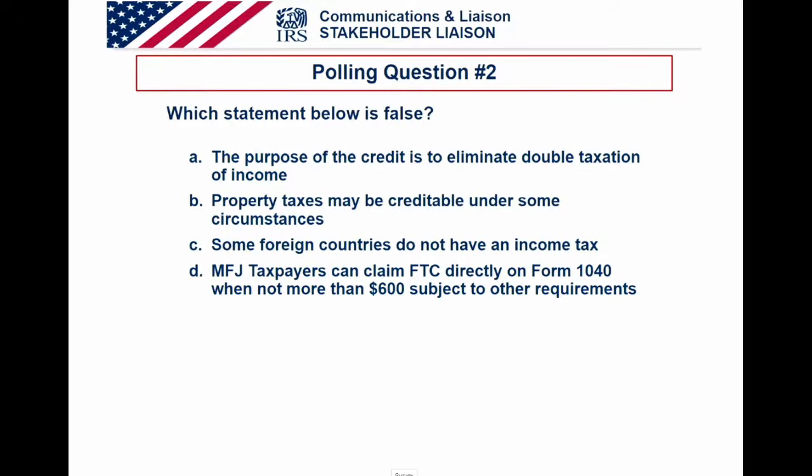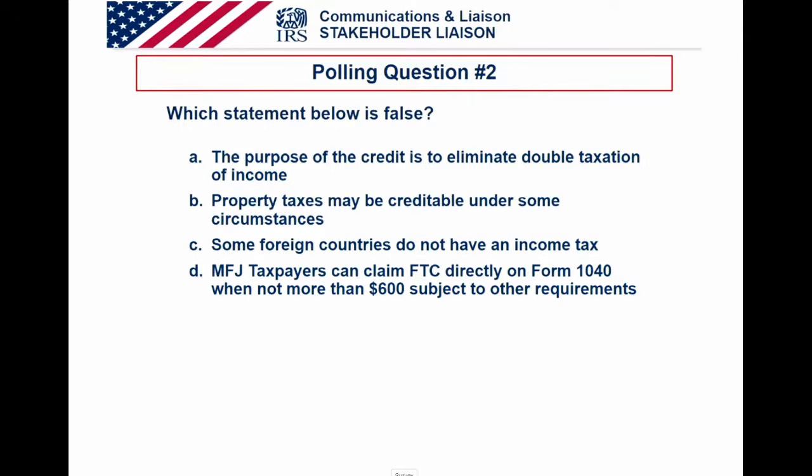Do you think the correct answer is A, the purpose of the credit is to eliminate double taxation of income? B, property taxes may be creditable under some circumstances? C, foreign countries do not have an income tax? Or D, married filing joint taxpayers can claim FTC directly on Form 1040 when no more than $600 is subject to other requirements? I want you all to take a moment and click the radio button that best answers the